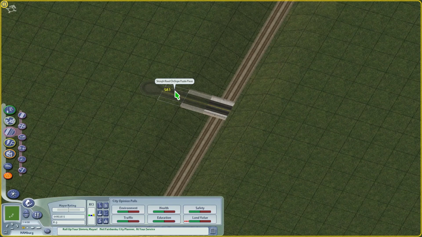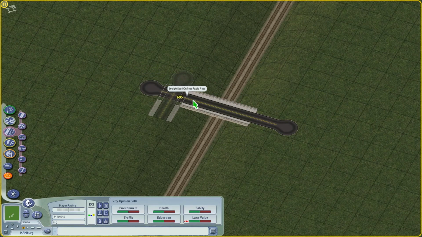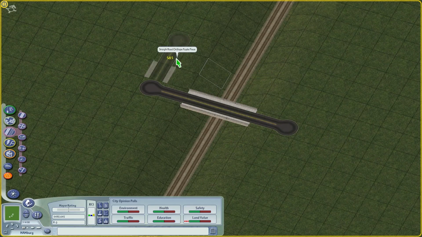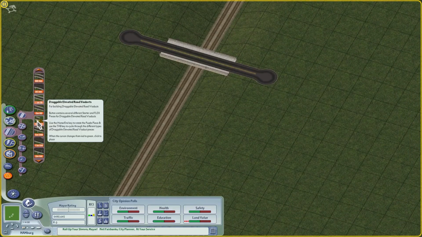And this highlights another term that's really important, and that's on slope. When you see that a puzzle piece is on slope, it means it's going to create something like this. Right? That's on slope. It means that the road stays perfectly level despite the sloping terrain here. It's designed for use on slopes. Whereas if you use a piece like, say, this one,